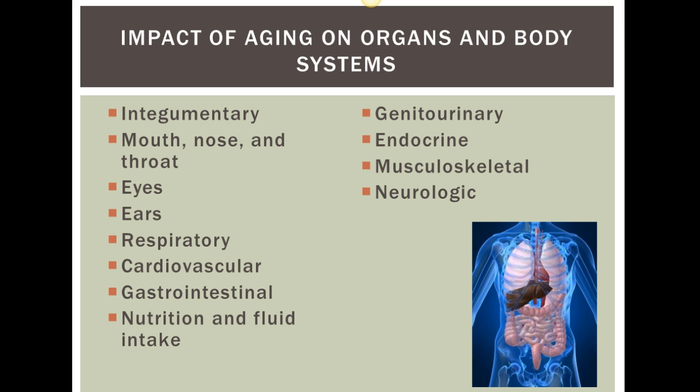With the eyes, you see presbyopia, which is farsighted vision. Xanthelasma are soft yellow plaques on the lids near the inner canthus. Pingueculae are yellow nodules on the conjunctiva due to sun exposure. Cataracts, clouding of the lens, change light perception and clarity. With the ears, there can be presbycusis, which is hearing loss of high-pitched sounds. Accumulation of earwax, or increased cerumen, is very common.